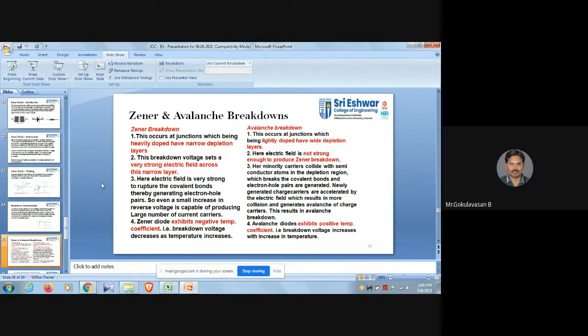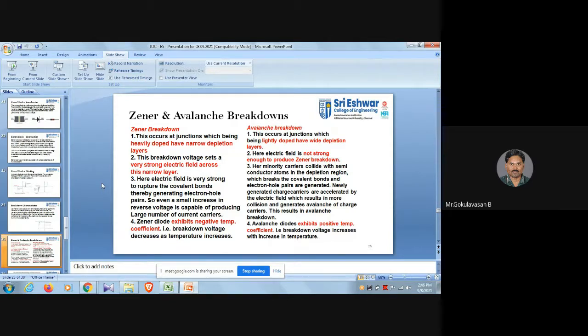In Zener breakdown, the electric field is very strong and ruptures the covalent bonds, thereby generating electron-hole pairs. So even a small increase in reverse voltage is capable of producing a large number of current carriers. But here,